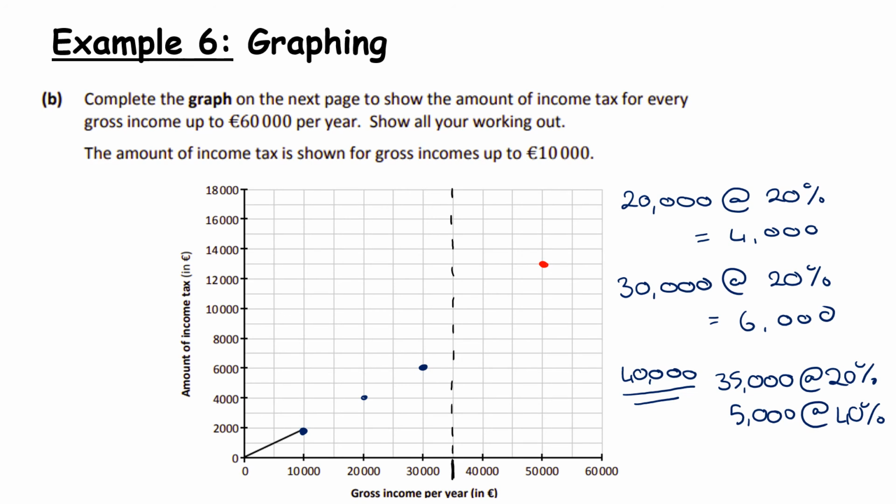So if we worked it out, we'll find that at 35,000, there'll be 7,000 in income tax. But when we work out 40,000, we have the 7,000, so that's 35,000 at 20%, and then 5,000 at 40% gives us 2,000, so that gives us 9,000. So I'm going to change. So 40,000 gives us